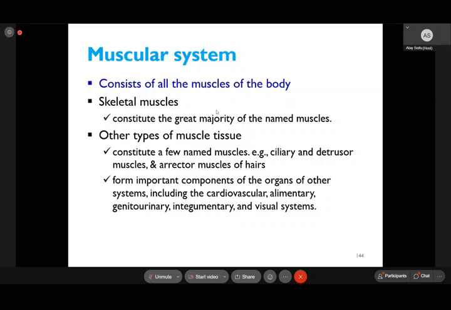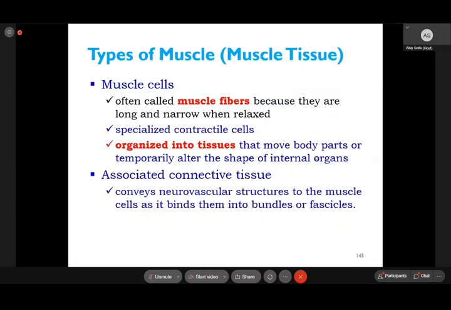Part of the blood vessel wall is formed by smooth muscles, which are also found in the cardiovascular, gastrointestinal, integumentary, and alimentary or digestive systems. Now the muscle cell, which is commonly called a muscle fiber because it is long,